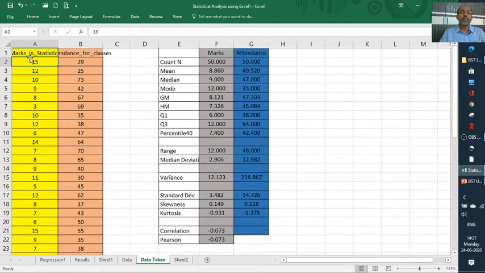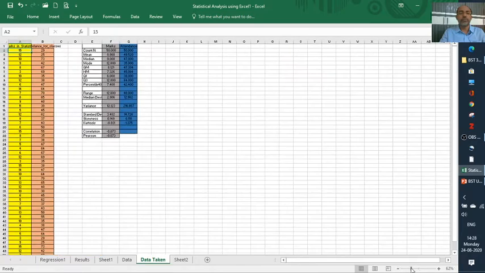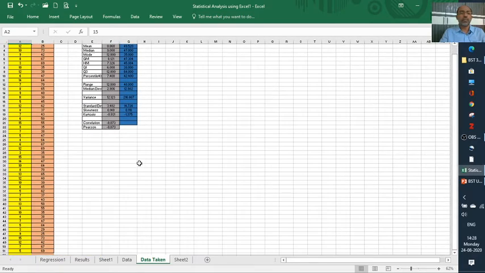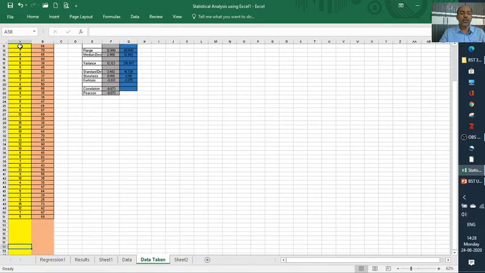This is the data. I simplified it, so I have taken 50 students data.